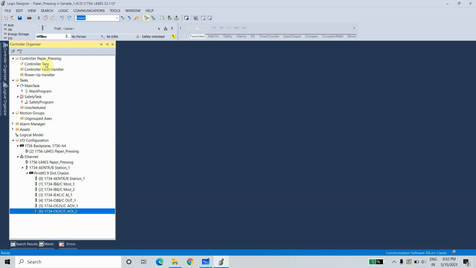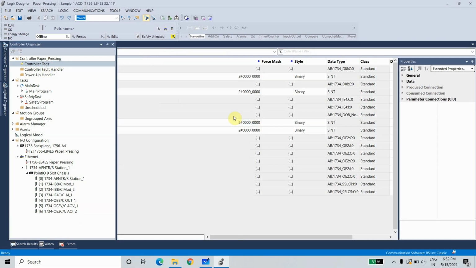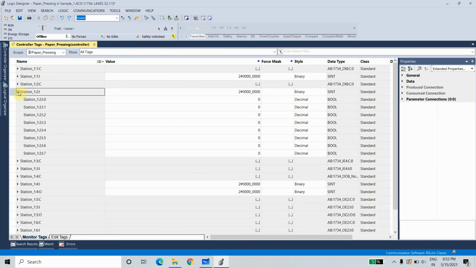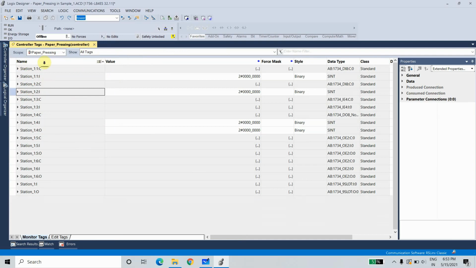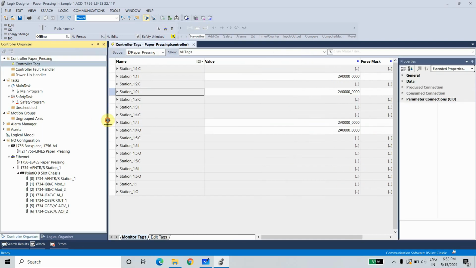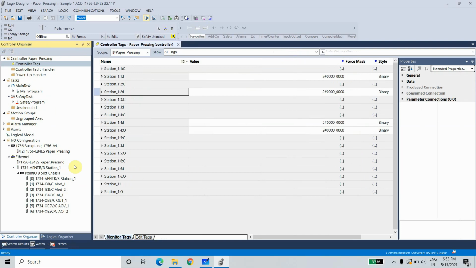If you want to see the modules and their IO addresses, you can see them here. This is the name we have added, and we have added 6 modules. The inputs and outputs are shown here. You can see the status of those modules here. What is the value of this? When it is in online mode, you can see it. So this is how you add a controller and modules.